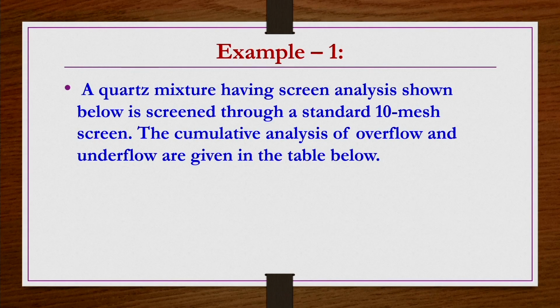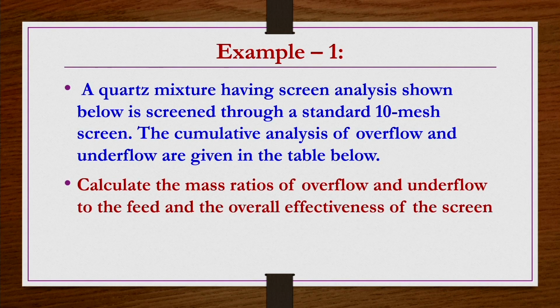Example 1. Let us say a quartz mixture having the screen analysis shown below in the table is screened through a 10 standard mesh screen. The cumulative analysis of overflow and underflow are given in the table. Calculate the mass ratios of the overflow and underflow to the feed and the overall effectiveness of the screen, that is P by F, R by F you need to calculate, and then you need to calculate what is the